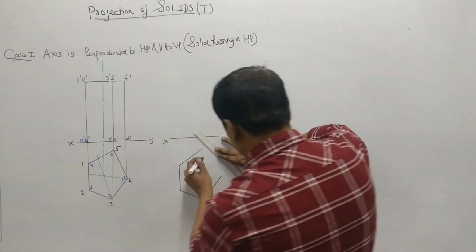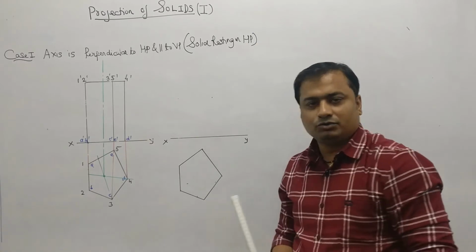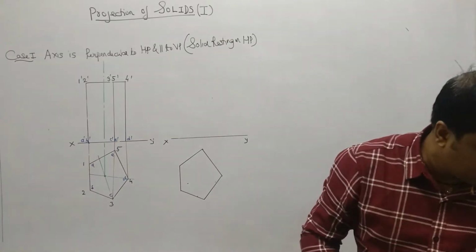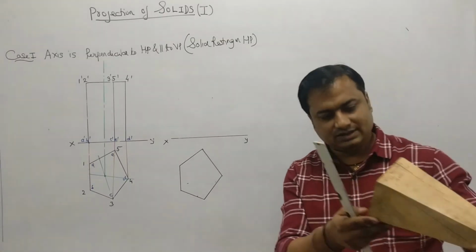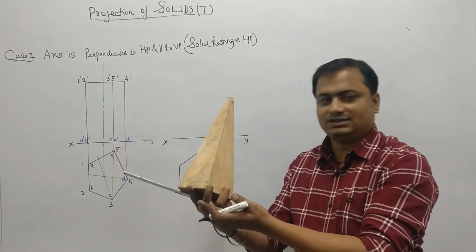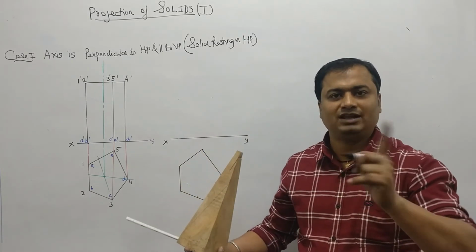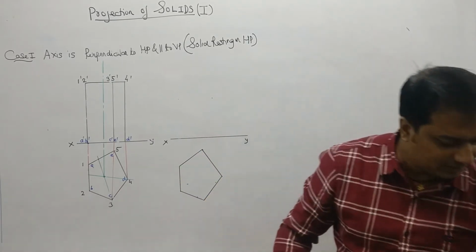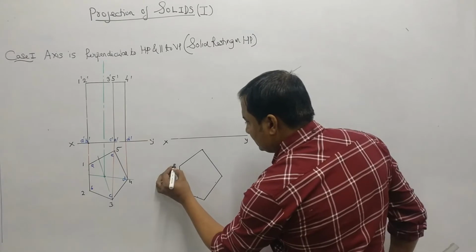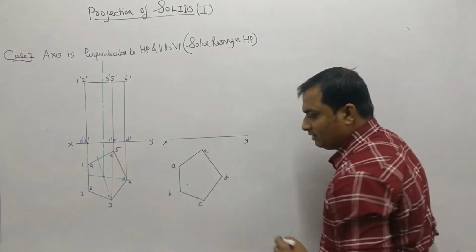If this is my top view, that is a pentagon. Now, naming. How to give the naming? Now this is a case of a pyramid. When you see from the top, there is only the base structure of the pentagon. So only single naming is required. No double naming is required in the pyramid. So the naming will be like this: this is A, this is B, C, D, and this is E.